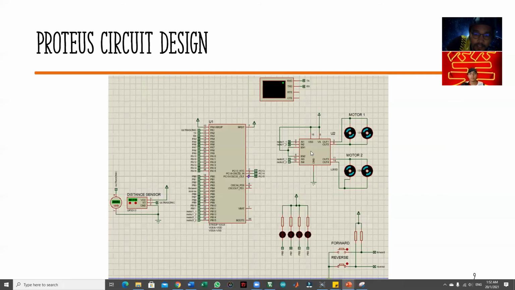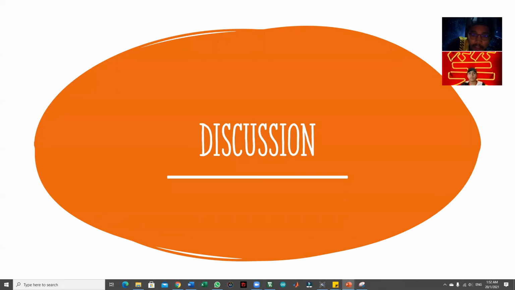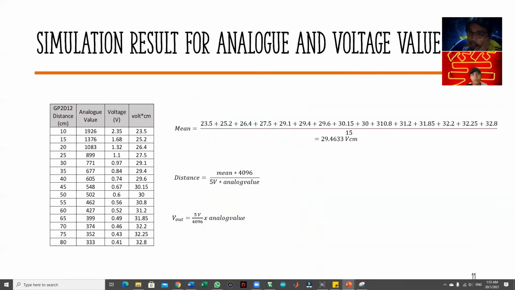So the result is this is our schematic diagram on the Proteus, and the discussion. Let's move to the discussion first before I show you the result on the Proteus. So this is our calculation where I researched on Google a few articles I read, and this is the real distance in the GP2D12 sensor, which is 10 up to 80 centimeter, and this is the analog value, which is